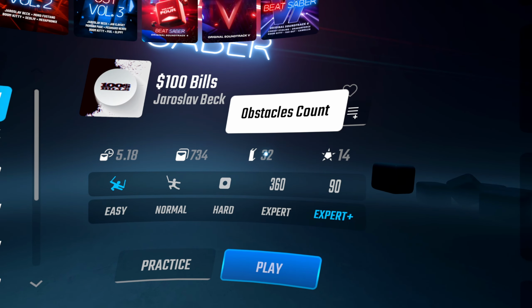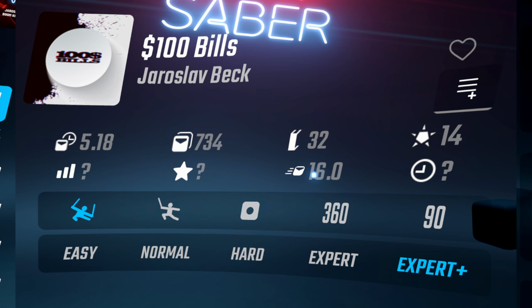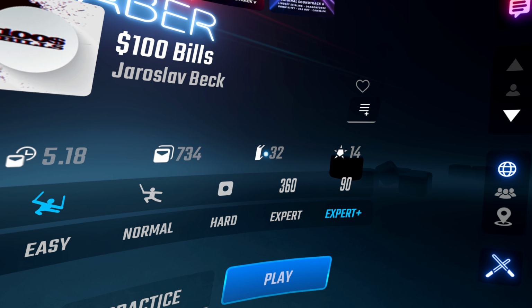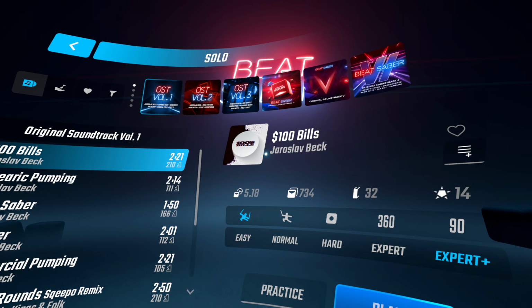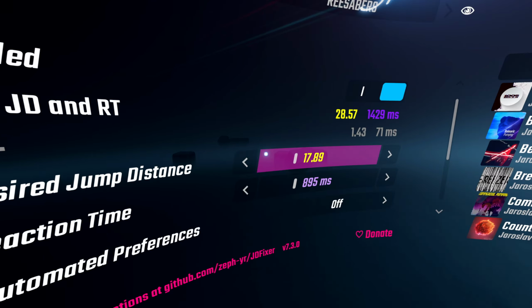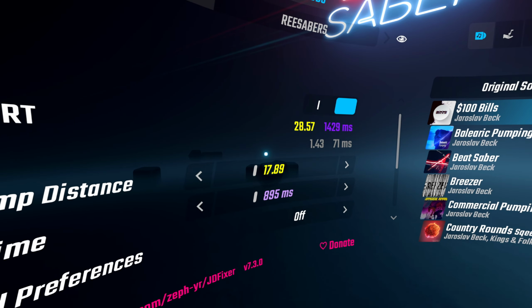I'll pop up on the screen what the mod is if I figure it out, and what the UI changes look like. You'll see two rows, and over here it will show you the map's jump speed or something, and you're gonna keep that in mind because you're gonna want to change your jump distance based on that. So